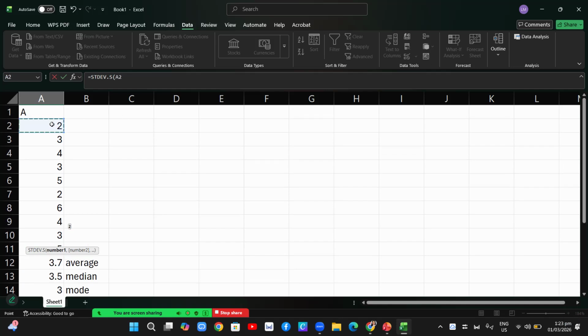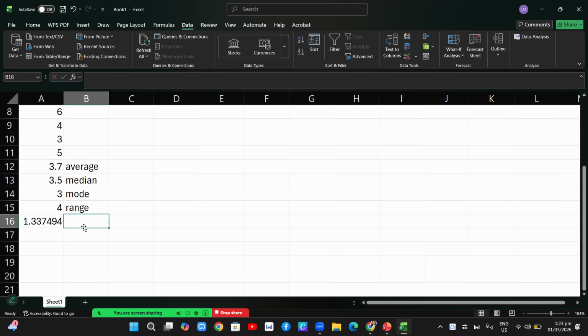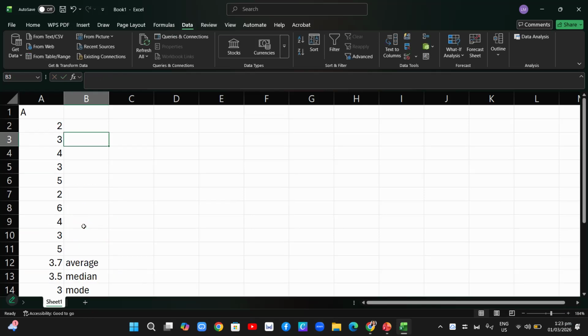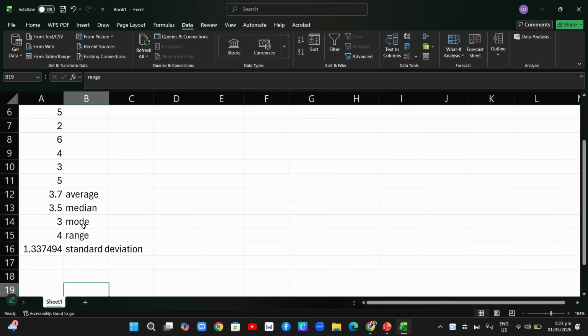Click A2, and then press shift and then down on your device until A11, and then close parenthesis, and then press enter. So this is the value of our standard deviation. So that's how you compute mean, median, mode, range, and standard deviation using Excel.